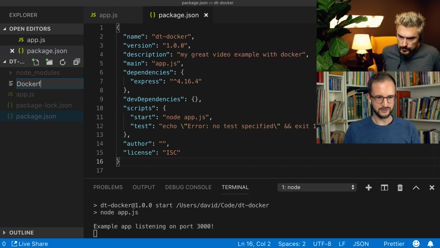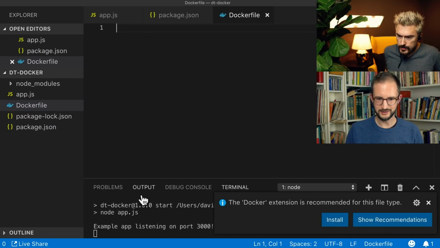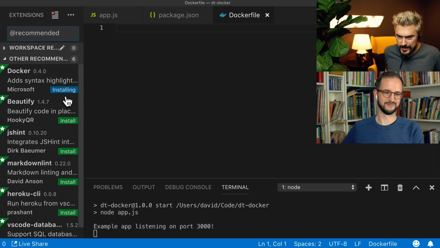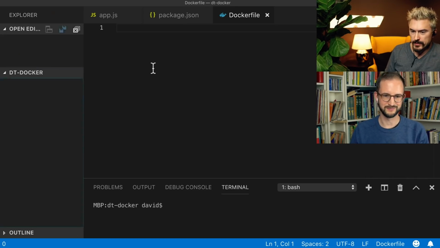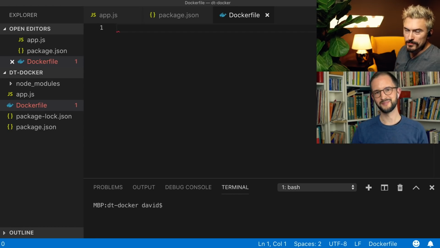And I guess it has to be called Dockerfile with a capital D. Oh yeah. Oh, cool. Nice icon. Oh, it has an extension for it as well. Yes. Install it. Yeah, that's probably good. Okay. We're in the Dockerfile. All right. Now that we are done being distracted by our tool,